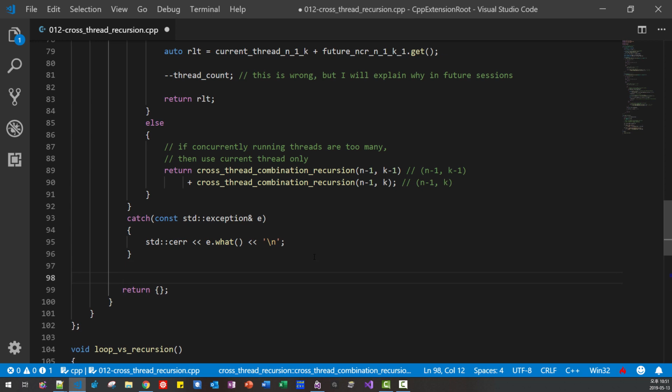This is failed. This is to suppress warning. Okay, so this is not actually executed. Or I will just cut and put it here, to suppress warning.